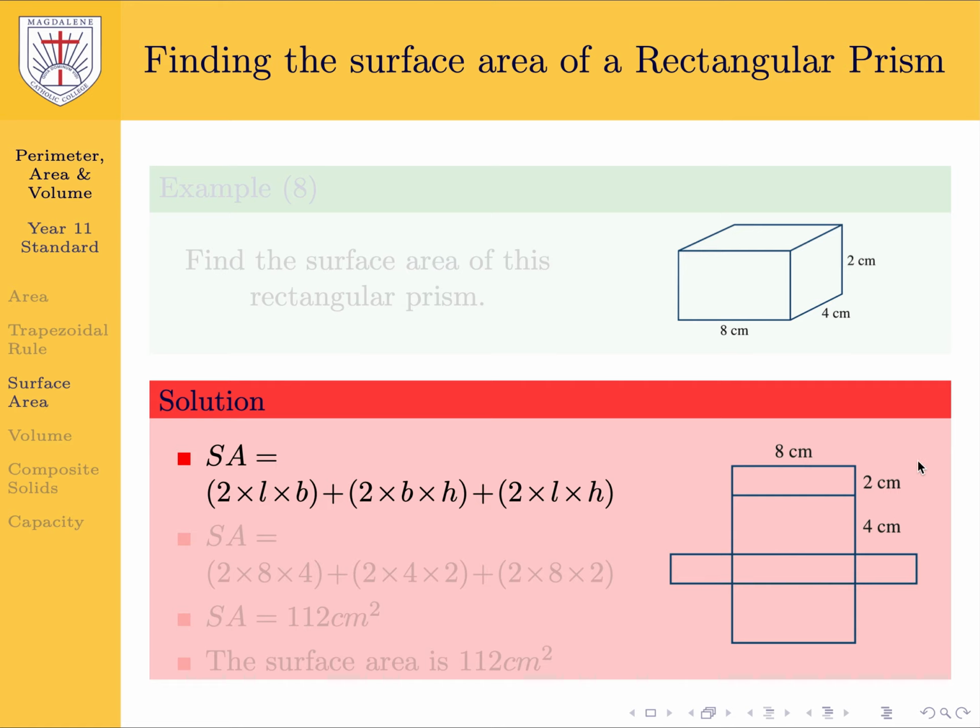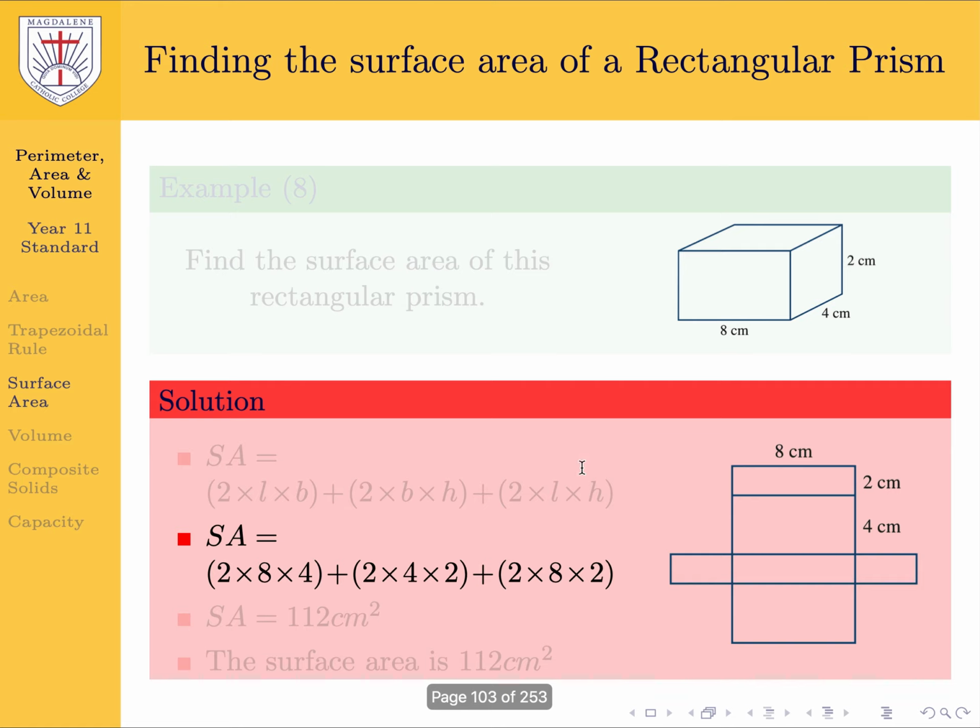So there's going to be 2 rectangles that look like this, which is one here and one here. We have 2 that look like this. There's one here and there's one here. And then there's 2 that look like this. There's one here and here. So we're going to have 2 lots of one rectangle, 2 lots of another rectangle, and 2 lots of a third rectangle. So when we substitute some values in, we need to make sure that,